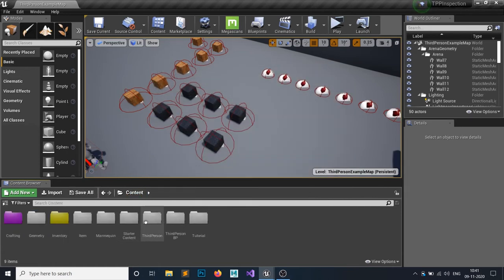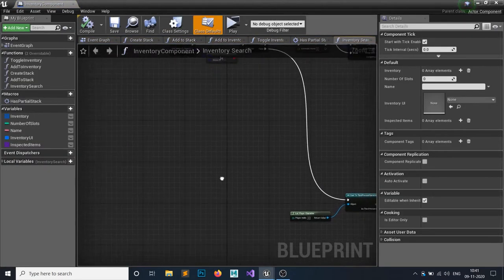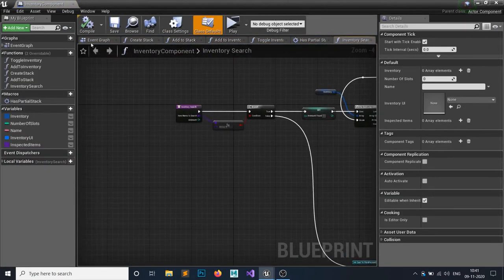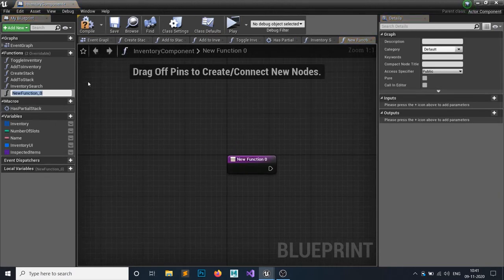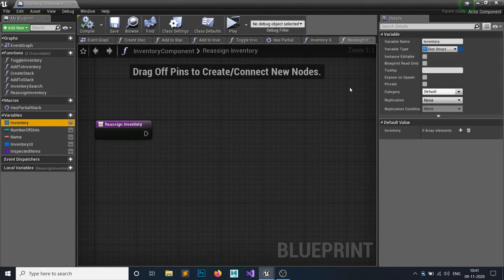In the inventory component, this one, let's make a new function called reassign inventory. You can see I have this inventory array.